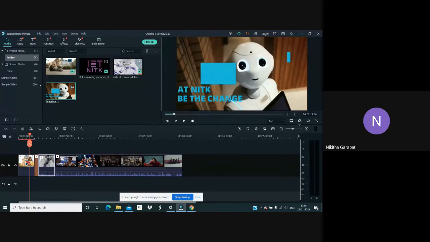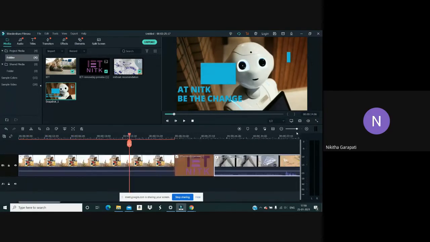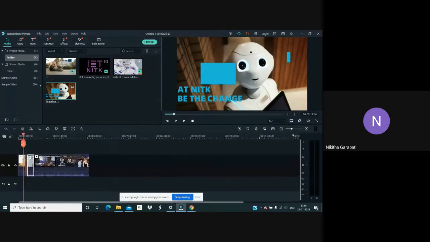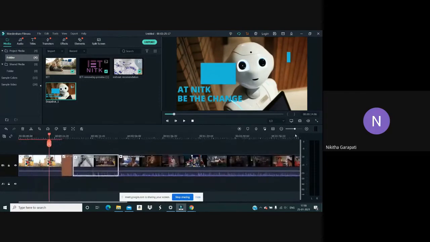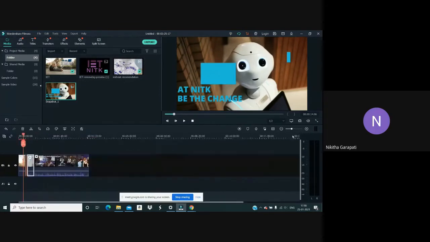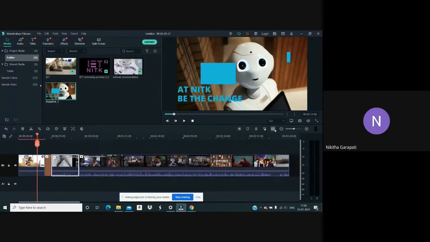And next, this volume will be clear, full screen, audio bars. I'll be talking about audio bars a bit later. And here is your zoom slider. When you use this, your timeline gets zoomed in and zoomed out, however you move the slider. So if I do this, then the entire video will be shown at a glance, using this particular button. So this is about a few of the buttons over here.